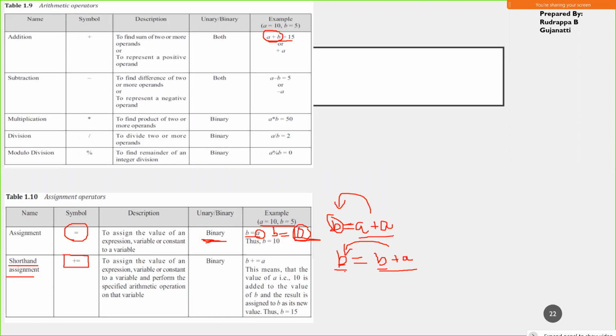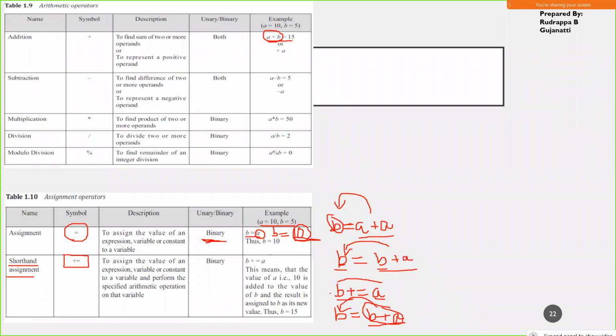If you have any expression of this kind, you write it as B plus equal to A. What this implies is that it will be written as B is equal to B plus A. So in this one, this expression will be evaluated and then the value will be stored.